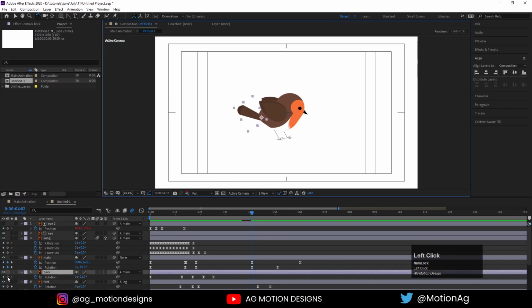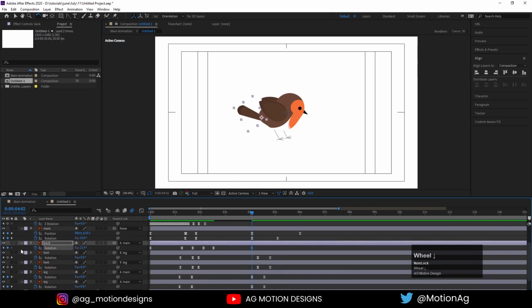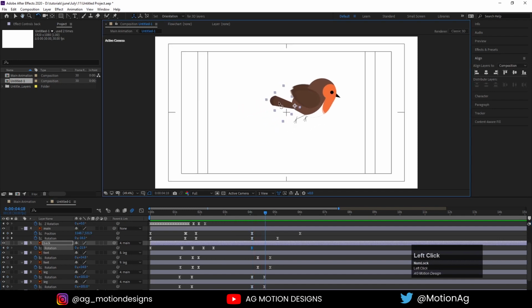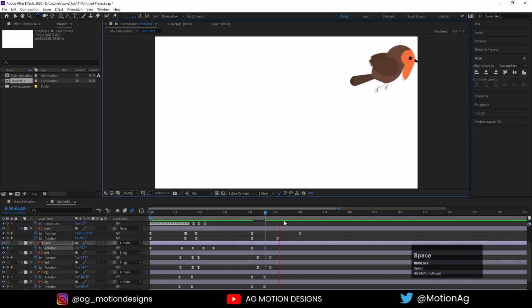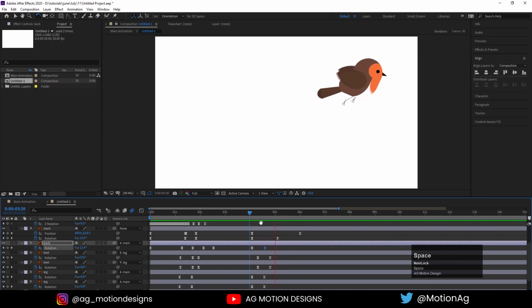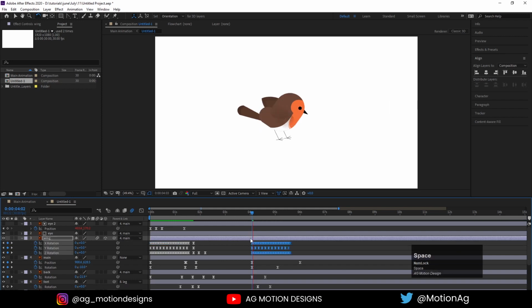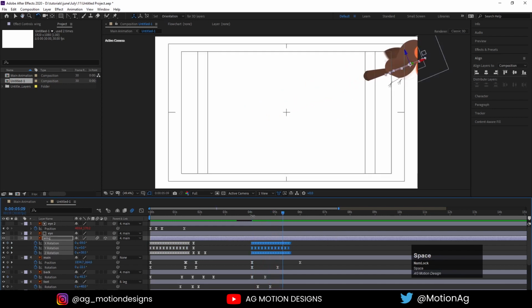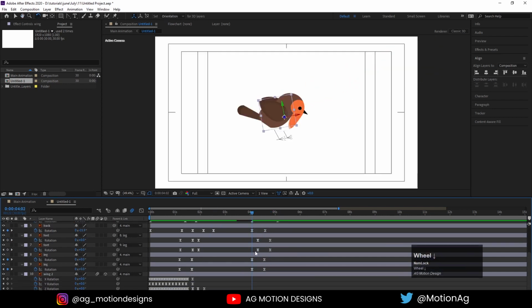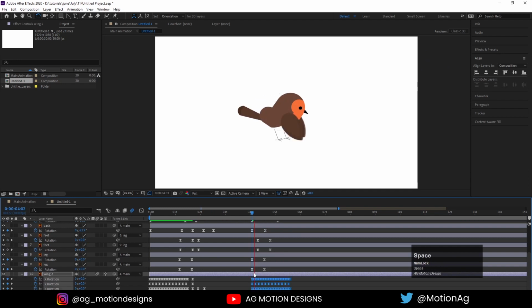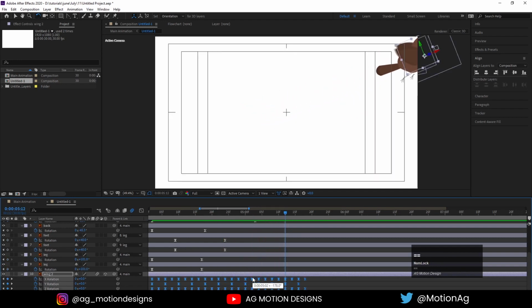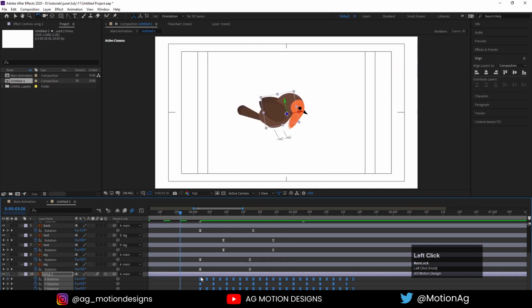Select this back, press R for rotation and create one keyframe. At this, it should be down and move it like this. And after that, select this wing, create one keyframe, or you can select this keyframe, hit Ctrl C and hit Ctrl V, and we can adjust this. Hit Ctrl V over here also and move this over here.